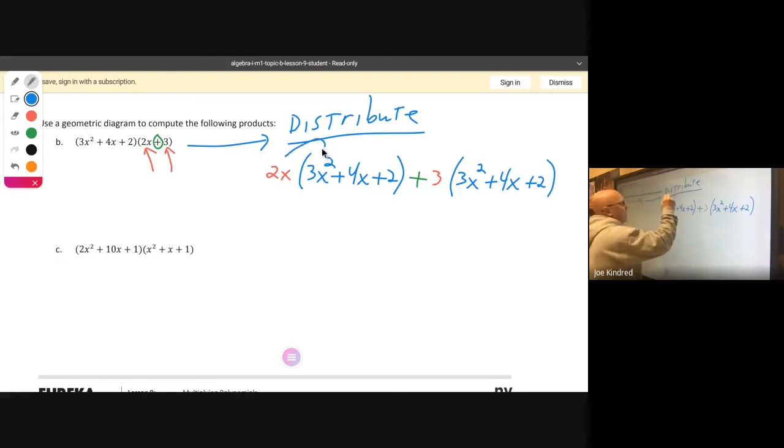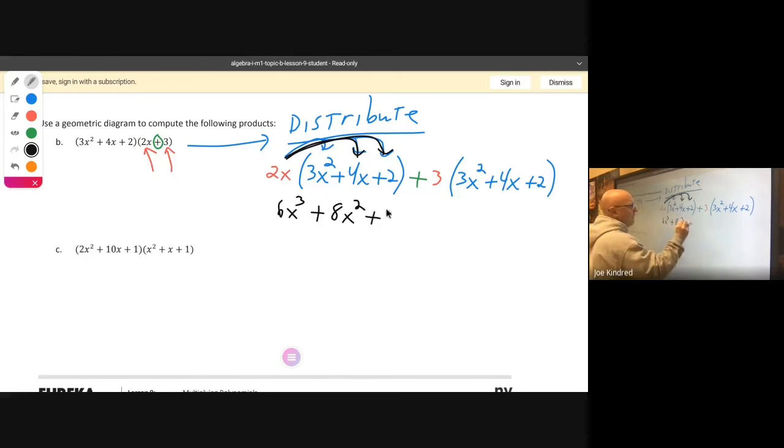As I do this, here and here, I get 2x times 3, that's 6x cubed. This is where I made a mistake before. I won't make it this time. 2 times 4 is a plus 8x squared. And then 2x times the 2 is going to give me a 4x. Plus,